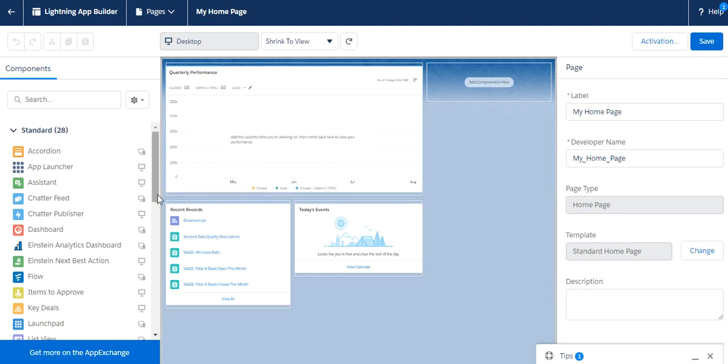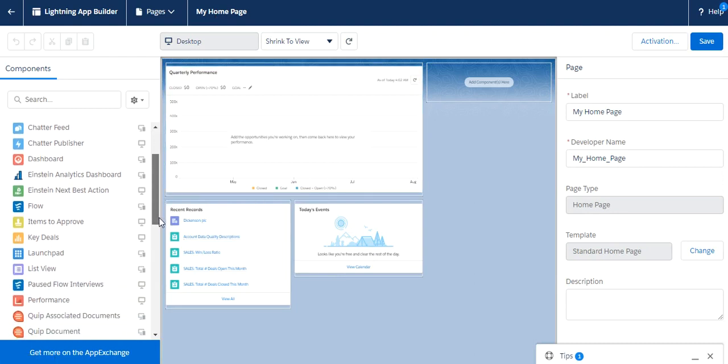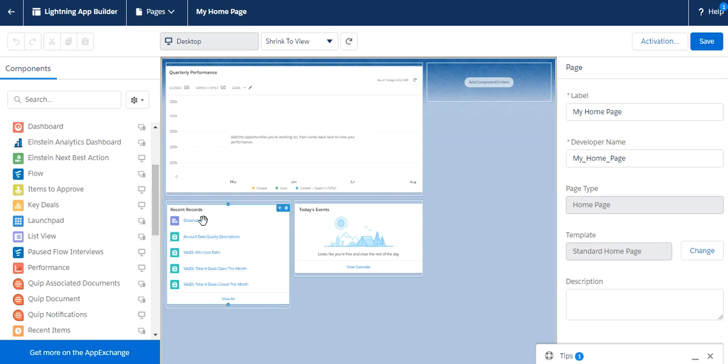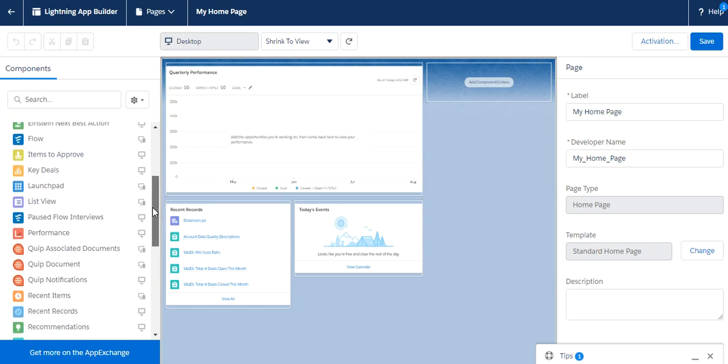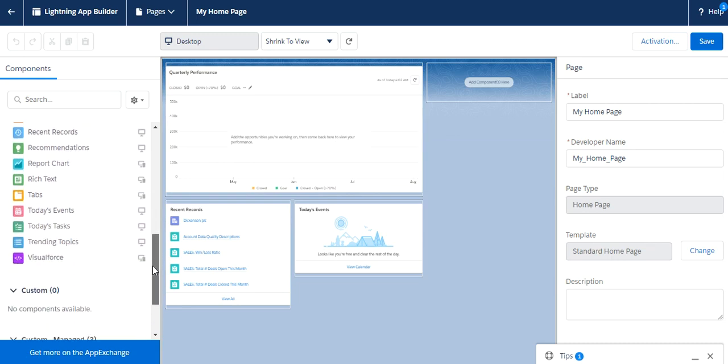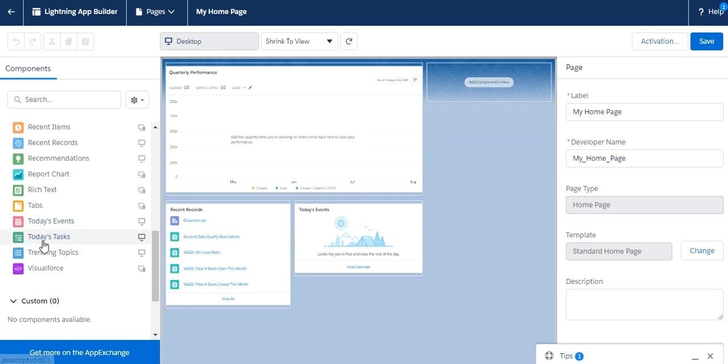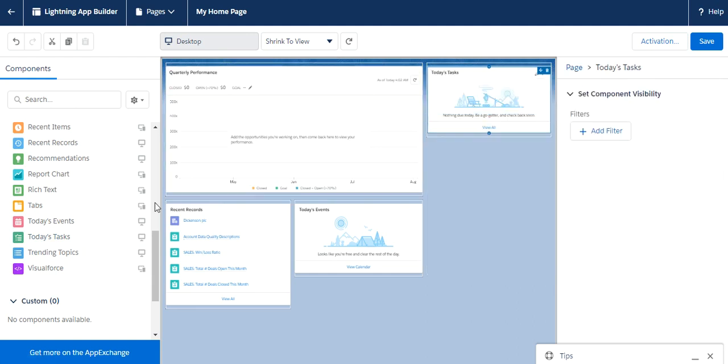I want to add some more components over here. So I want to add today's tasks. I'm just adding the task over here, and if you want to add any tab, you can also add the tab.